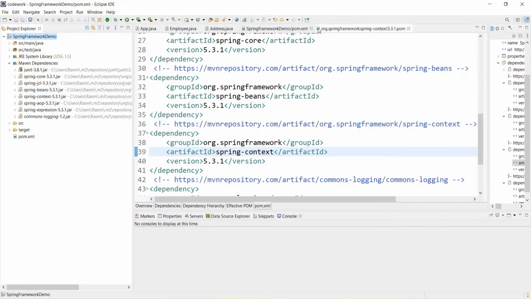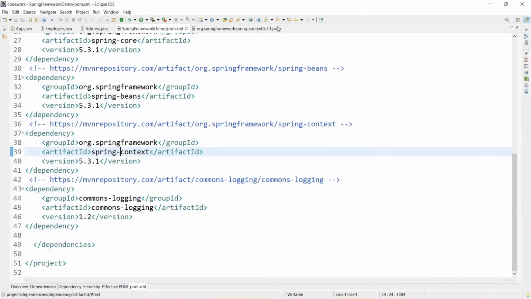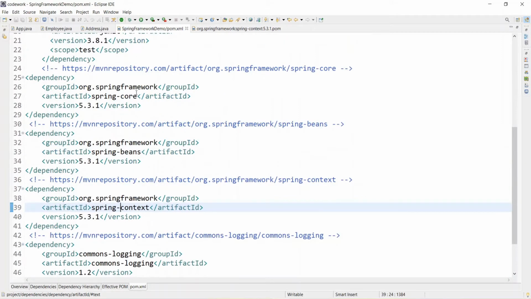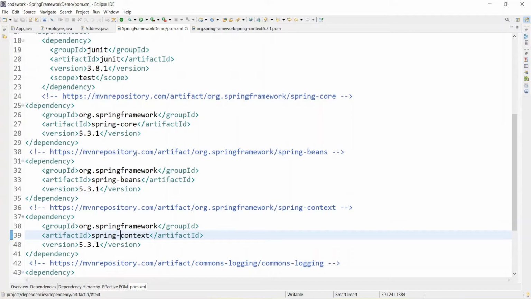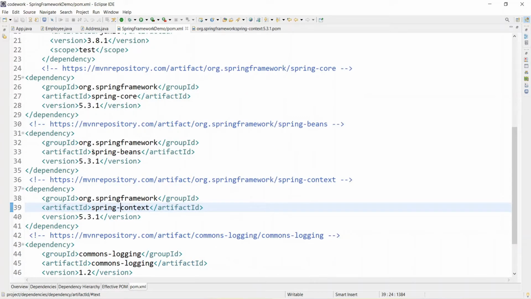So if you see here, mainly we are looking for three types of things. Spring Core, this is the Spring Core container, and all the objects, all the beans will be created here, okay, and managed by this jar file. Spring Beans, all the beans are nothing but the objects you will be creating, which will be managed by the IOC container.